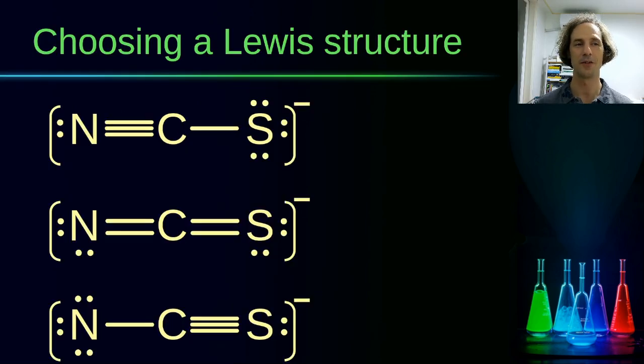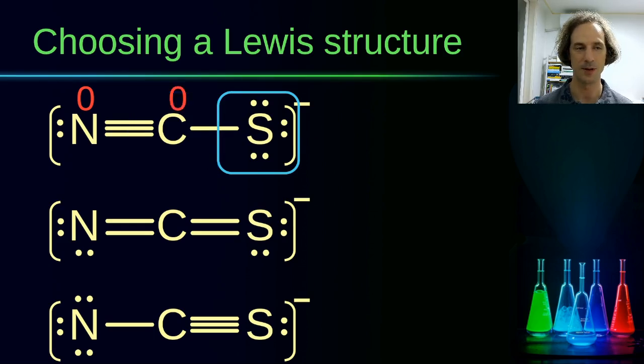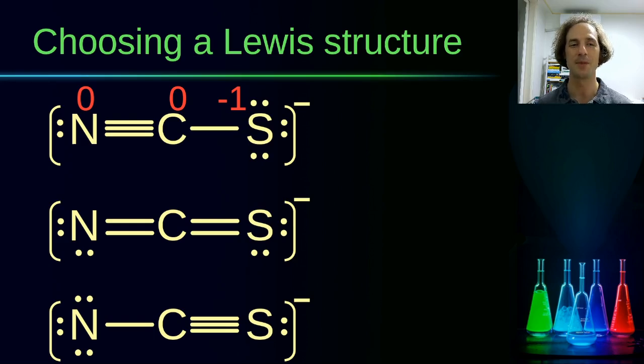Okay, let's take a look at another example here, which is NCS-. This is a polyatomic ion. Let's take a look at the formal charges here. So, of course, we will divide the bonds equally, and we'll see that the nitrogen in the first Lewis structure has 5 valence electrons, which is the same as the atom. The carbon has 4 valence electrons, which is also the same as for the atom, but the sulfur has 7 valence electrons, which is 1 more than the 6 valence electrons sulfur would have. So it will have a formal charge of -1. If we add up all these formal charges, the sum will be -1, which is the same as the charge